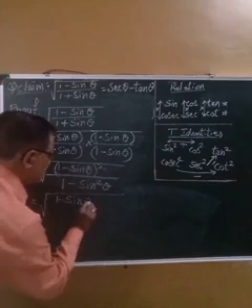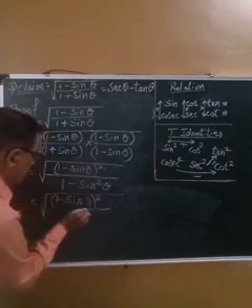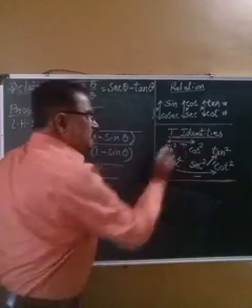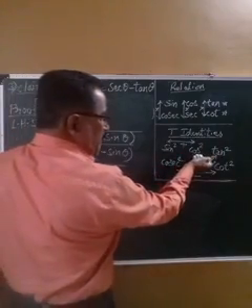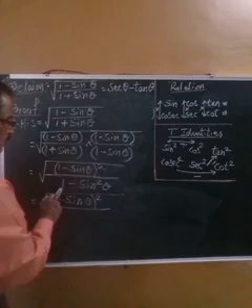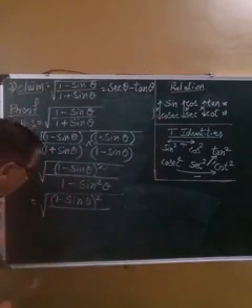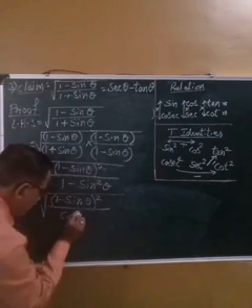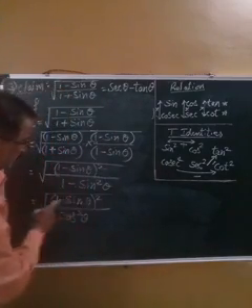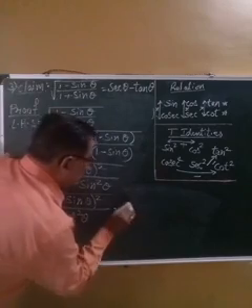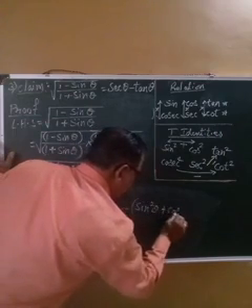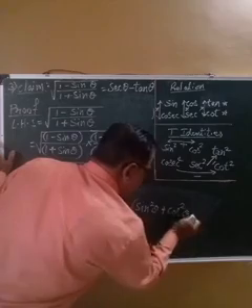So 1 minus sin theta whole square upon, now what is sin square theta plus cos square theta is equal to 1. So therefore cos square theta will be equal to 1 minus sin square theta. So the denominator 1 minus sin square theta, we can take it as cos square theta. This is only because of the square root symbol. We have to keep the numerator as it is, and the reason is sin square theta plus cos square theta is equal to 1.